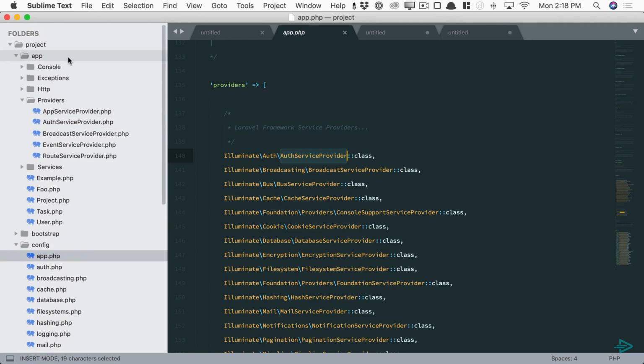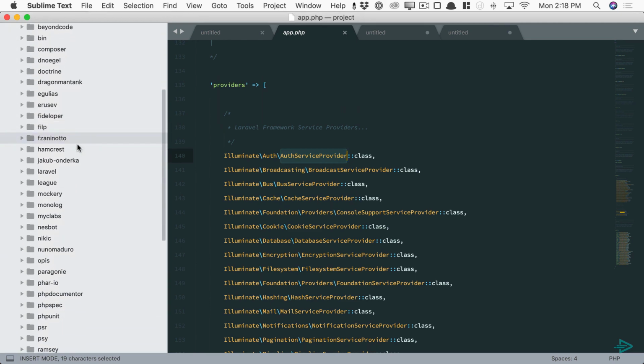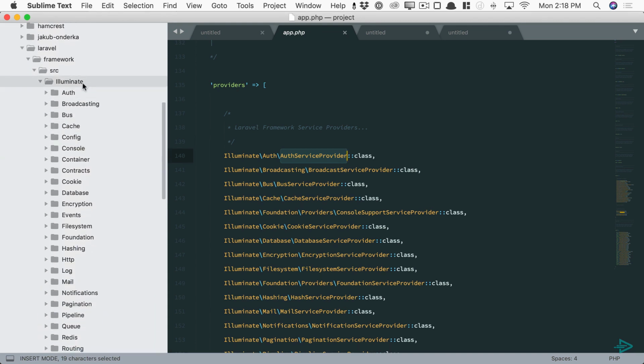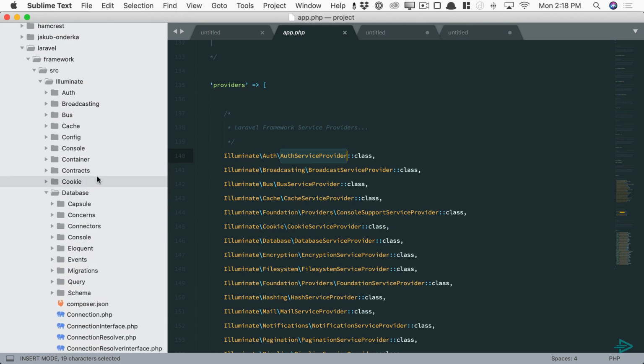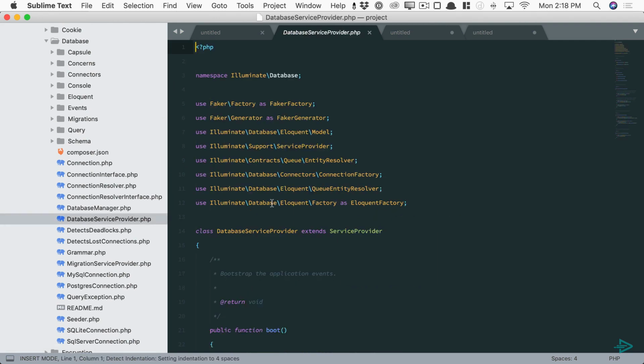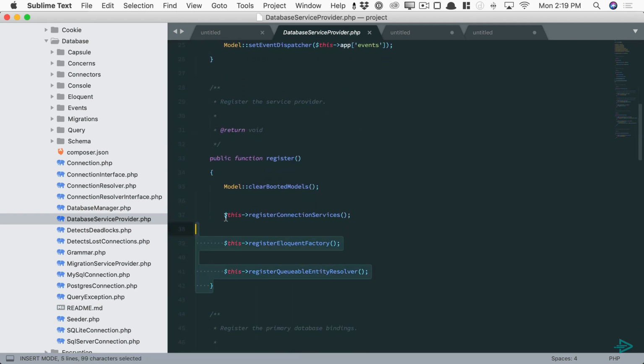And in fact, if you ever want to hunt around, we talked about this a bit many episodes ago. You can go into the vendor directory, Laravel, framework, source, and then here's all the components that make up the Laravel framework. You can pick any of them. How about database? All right. Every component should have a service provider. Again, think of this as a class that is responsible for bootstrapping whatever it is your code or your package does with the Laravel framework. So if we scroll down, we can see, all right, this is how we register the database component with the